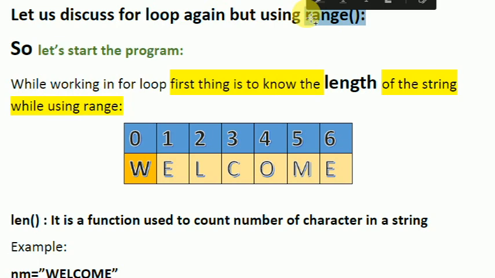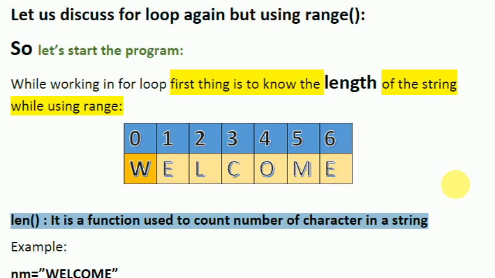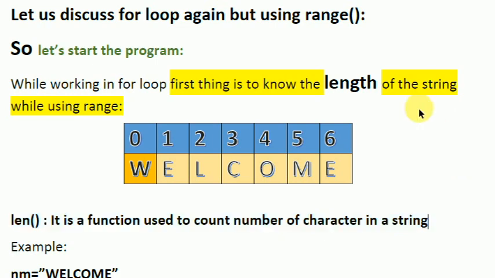The first thing is that we need to find out the length, meaning the total length of the string. It doesn't mean that the length is going to be 6 only or 7 only. It might be something else. Whatever we enter, it will change according to that. The function that we are going to use, which I already uploaded in the sheet also, is len. This function is used to count the number of characters in a string. So the first thing is that we need to find out the length of a string.